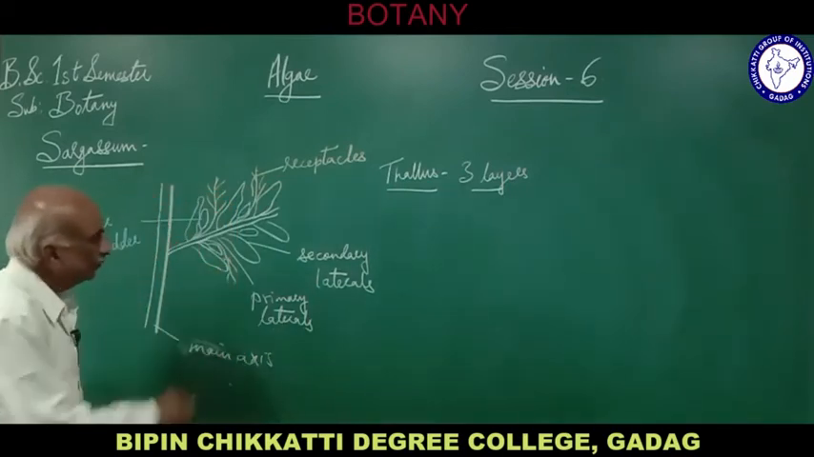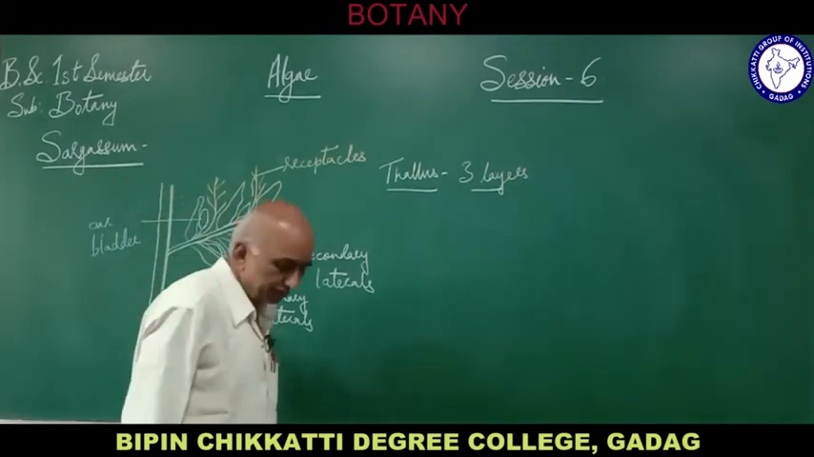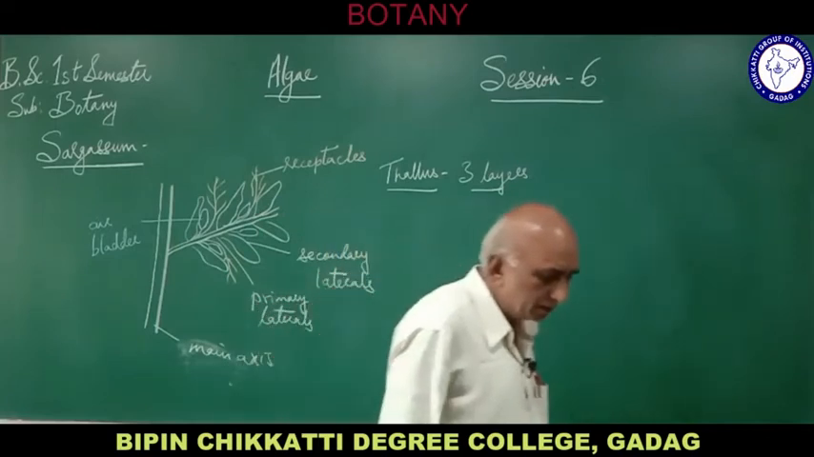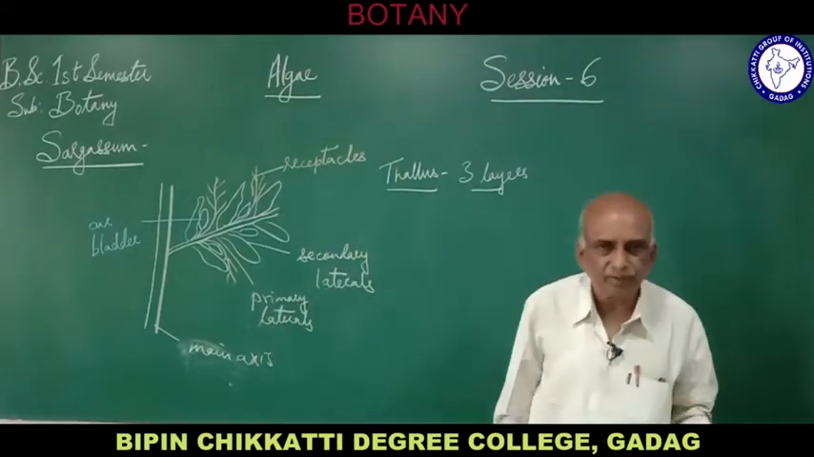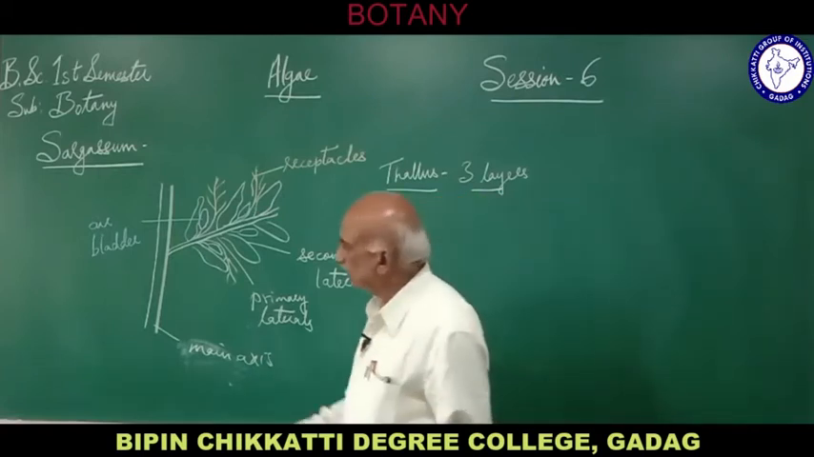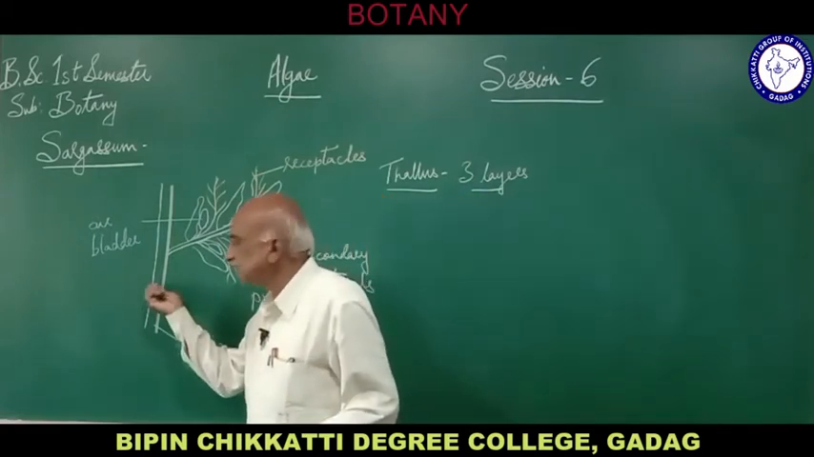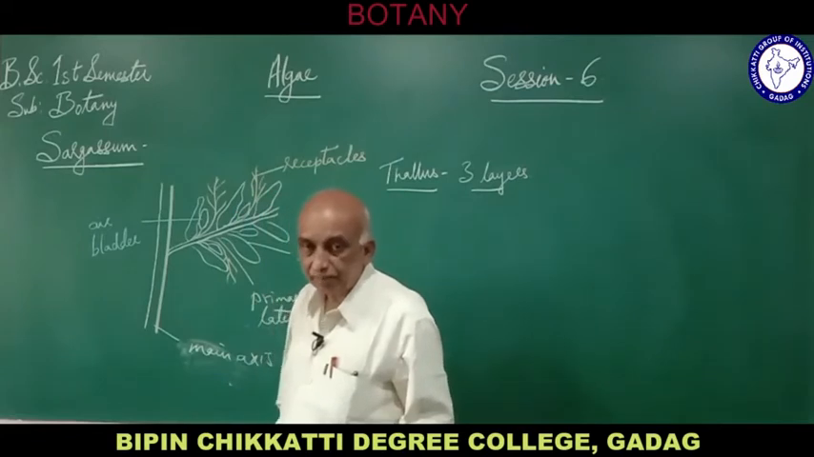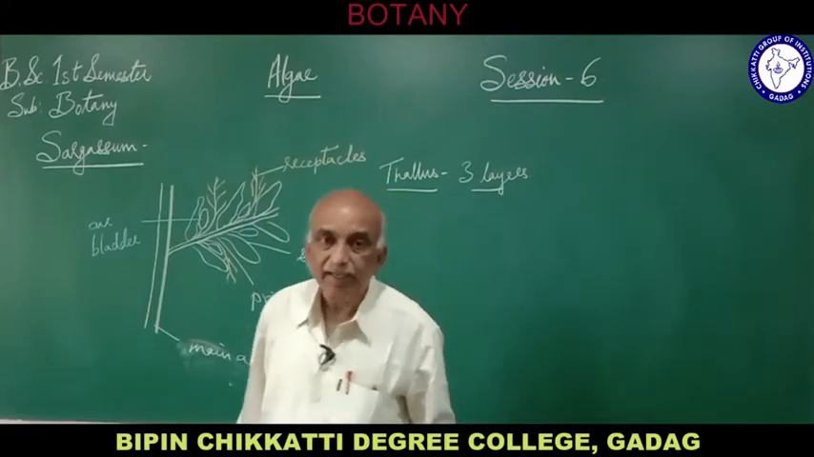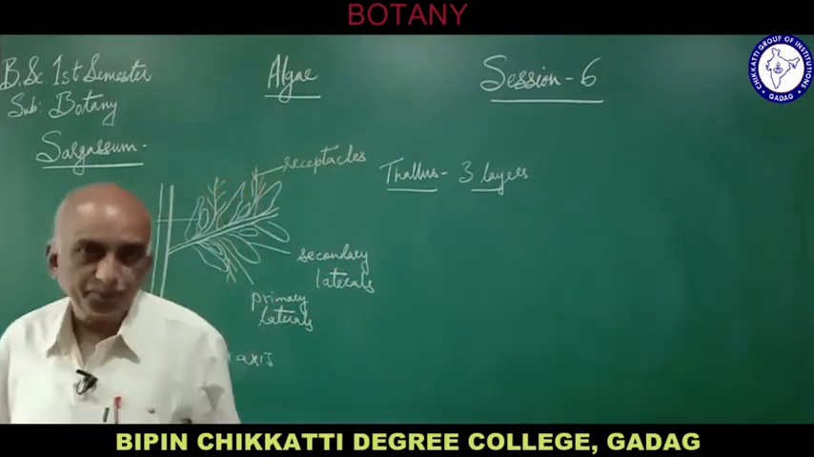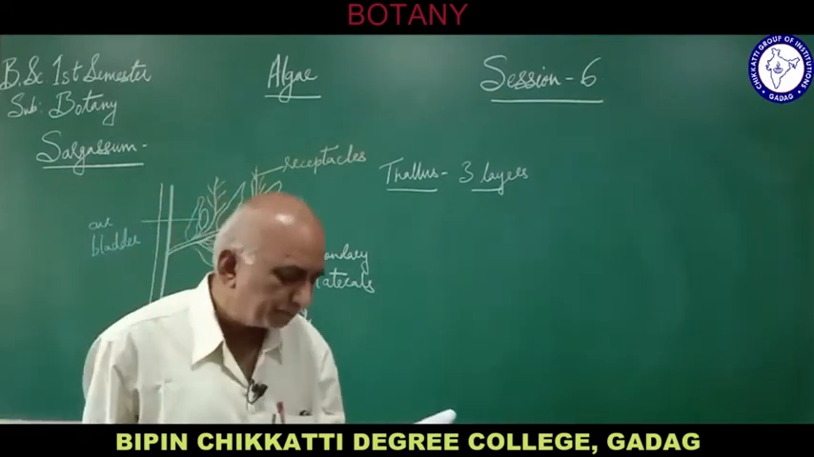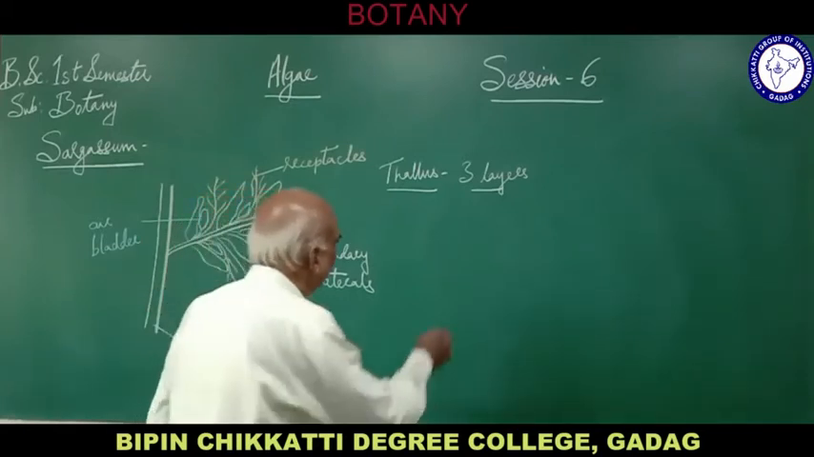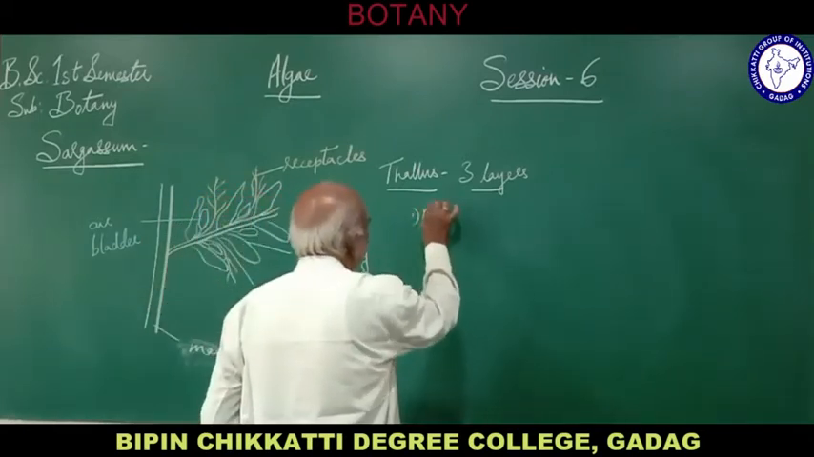So when we study the internal structure, which means the anatomy of the thallus body, here there is no question of stem, root and leaf. But when we see this, we think that this is a stem. But it is the main axis of the Sargassum body, or the plant body. So as it resembles a plant, these three layers, what are they? They are called as